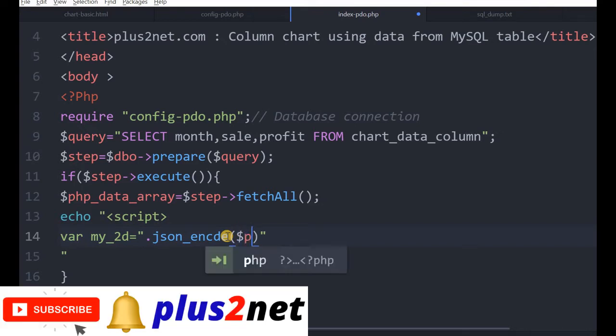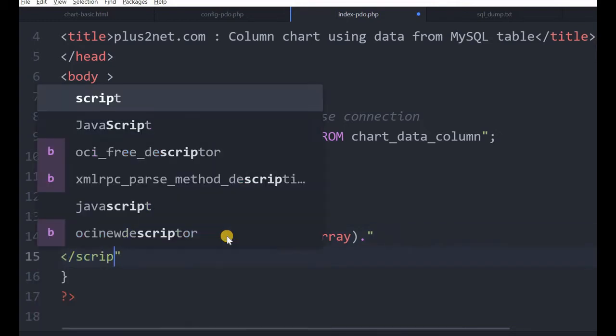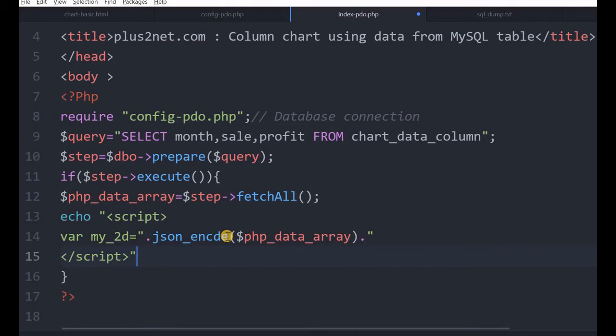So we'll say PHP data array. Fine, so this is where the PHP ends. Now again the string starts here, and in the next line I'll come here and close the script tag. Already the double quote is there. Now I'll see there are three parts to it.